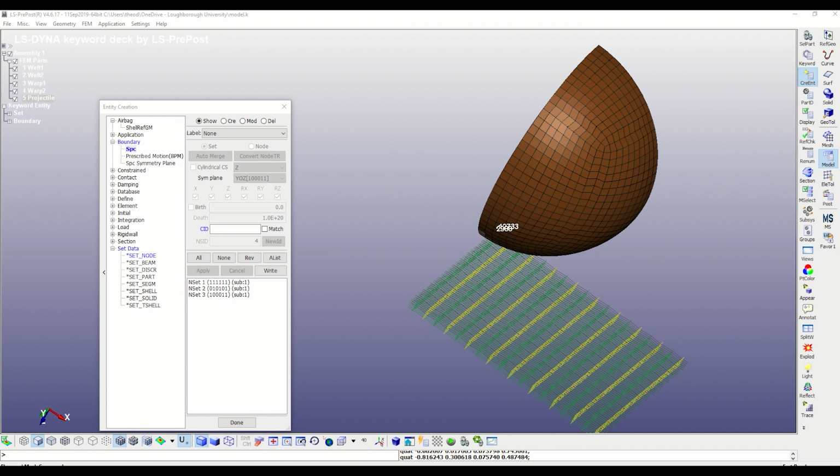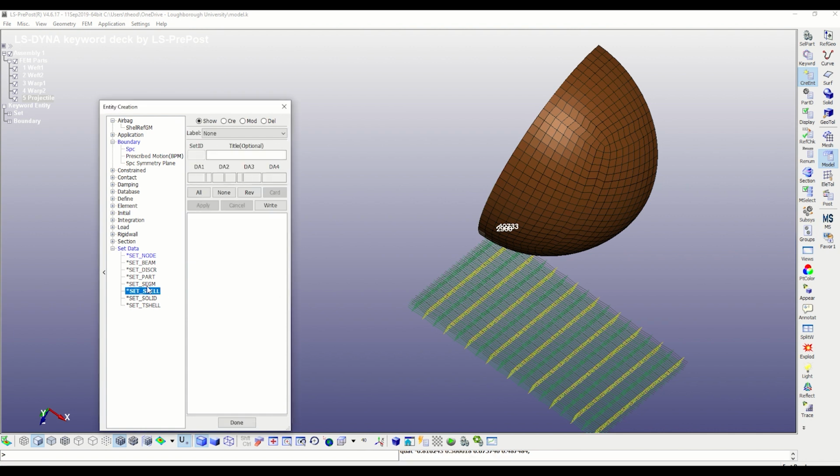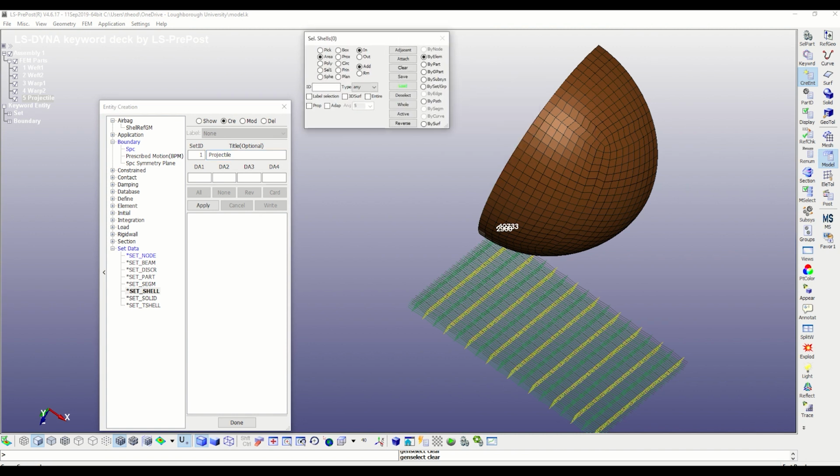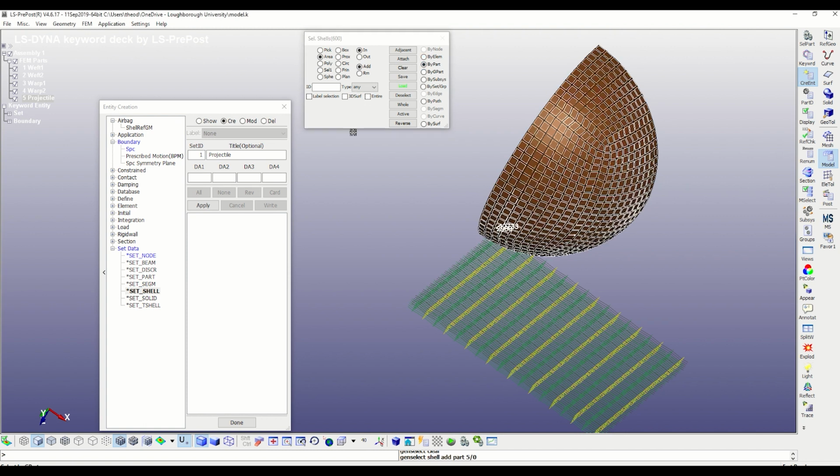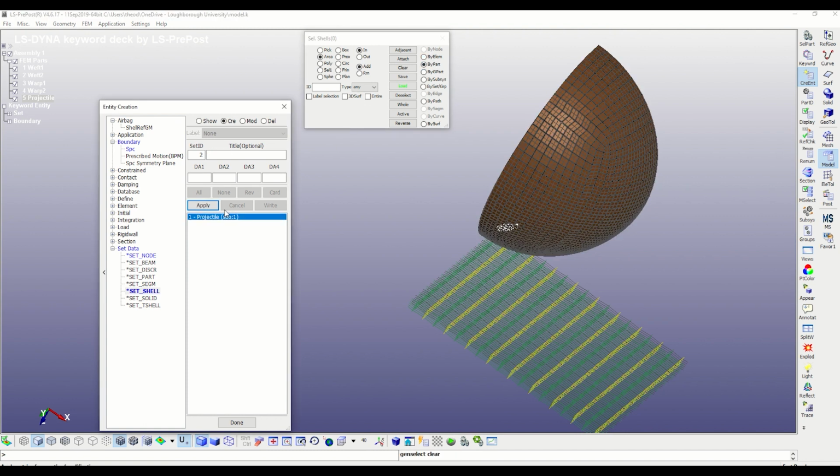Good, now we can create sets for the interactions. We will first create a cell set for the projectile. Next, we'll create a node set for all the nodes in the yarns.